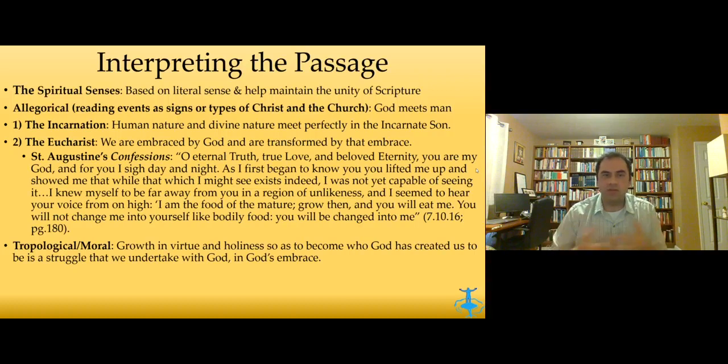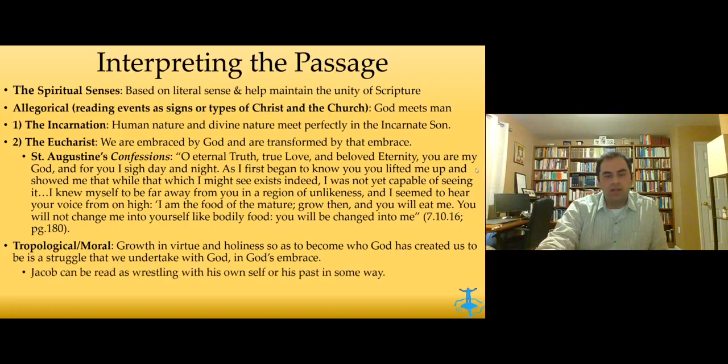But that doesn't mean it's easy. Right? To live the life of Christ is a real challenge for us sinners. And we see that signified in the wrestling match that Jacob undergoes here. This also brings us to another understanding of Jacob's wrestling partner. It seems clear that he's encountering the divine, either through an angel, through God himself, or through perhaps Esau. But in that struggle with this other, Jacob is in some sense wrestling with his own self or his own past, right? The darkness, the fact that this happens at nighttime